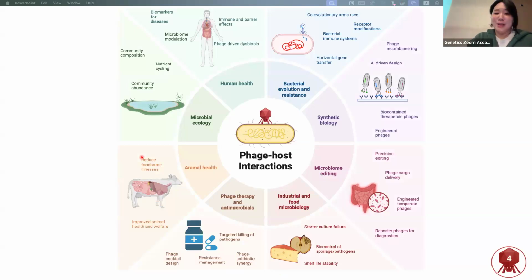So here is a slightly busy significance slide, but it shows how much phage-host interactions impact our everyday life, and research in biology as well. There's a lot of interest in studying bacterial evolution and resistance. Since antibiotic resistance is a very severe occurrence that's going on, we are interested in using engineered phages to counteract